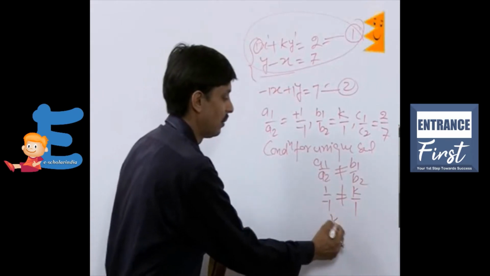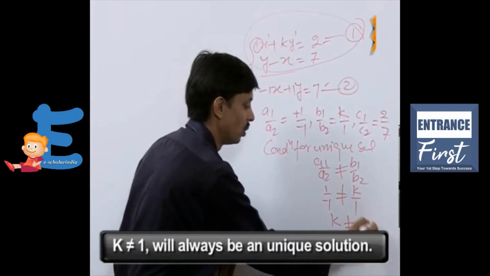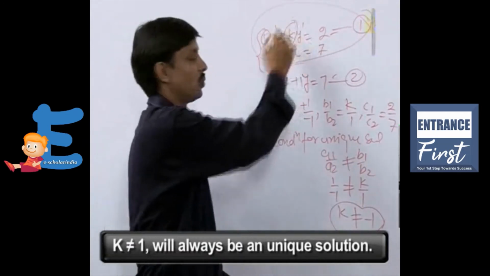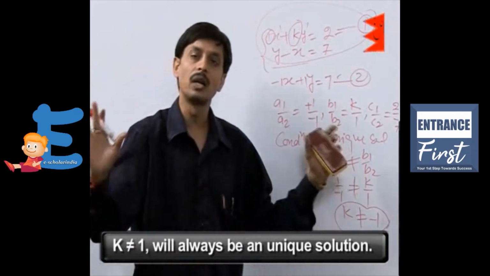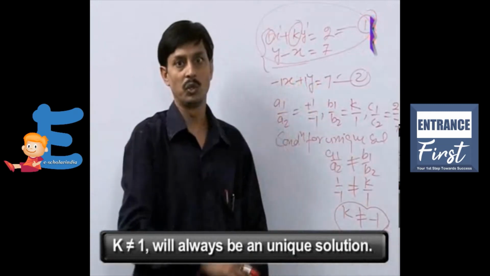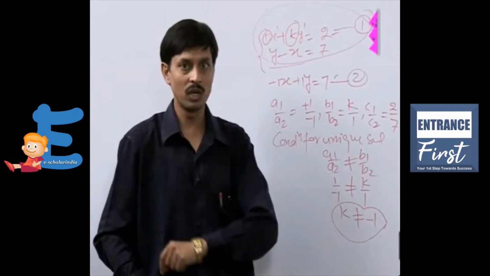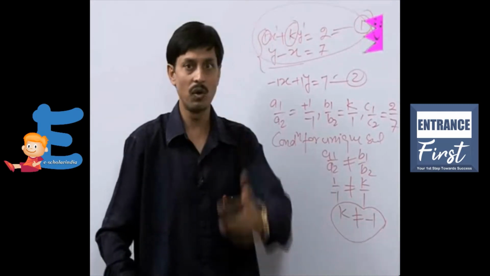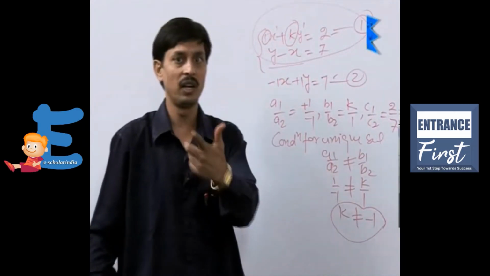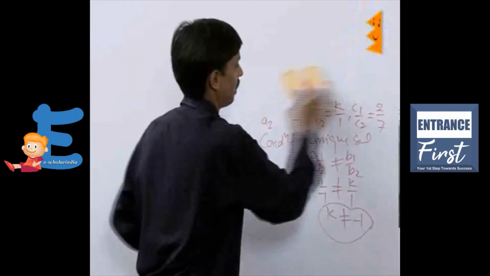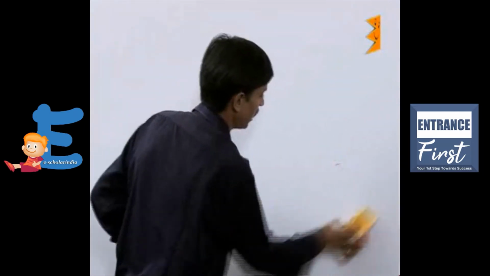If I solve, I will get k is not equal to minus 1. When k is not equal to minus 1, it will always attain the unique solution. Similarly, if we change the condition, we change the question, I am telling you a wonderful question where you will definitely get confused while answering. So please check this example also, which I am writing here.